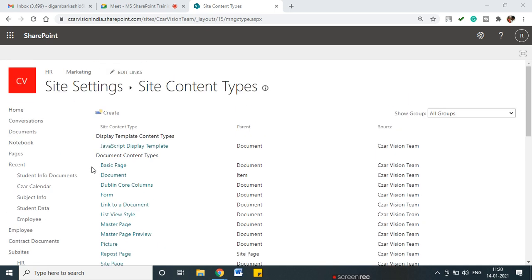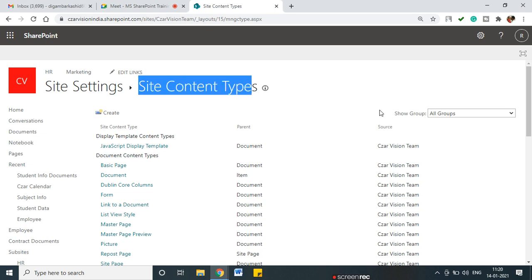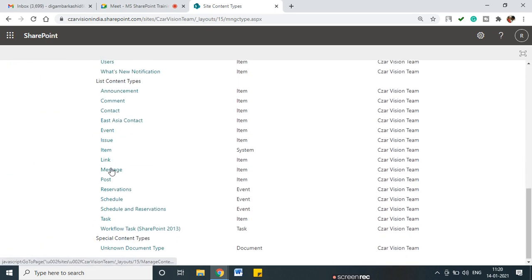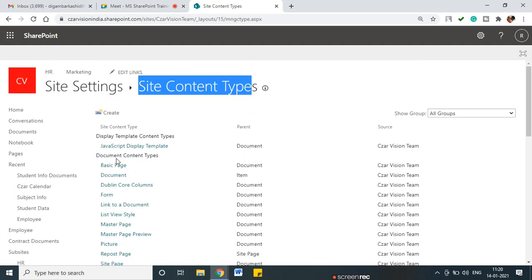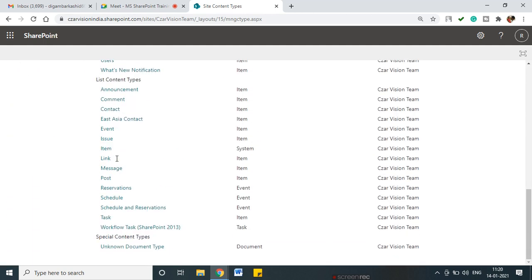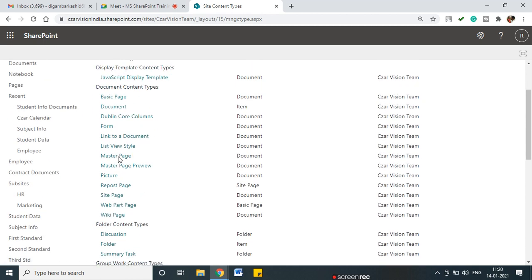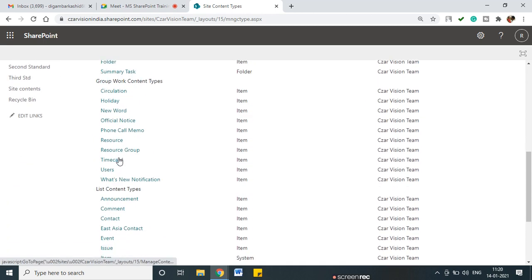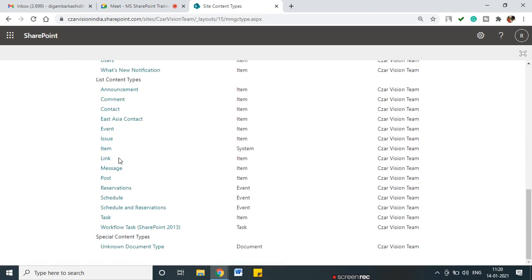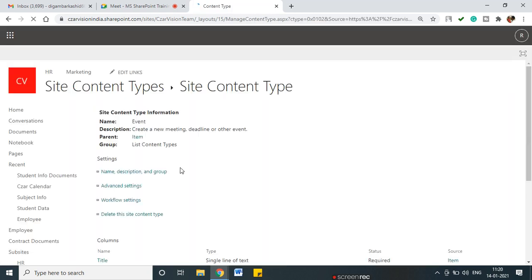Whenever I go to site settings, site content types, you see there are different groups and there are already predefined content types. So what I do, I will go into any one of the content types. Here, consider the event content type. If I click on the event content type,